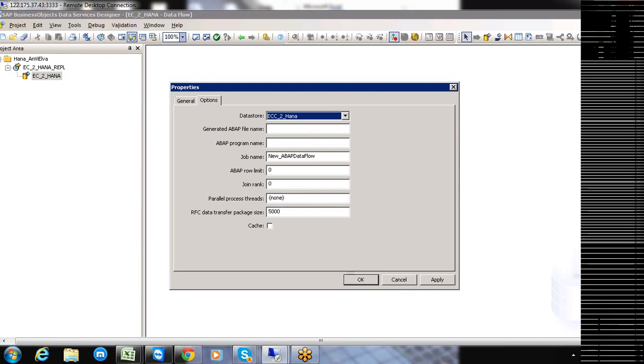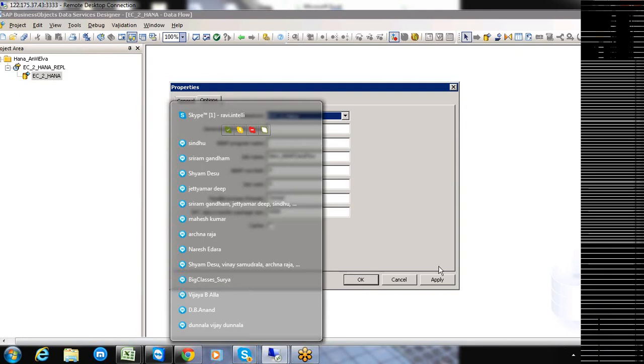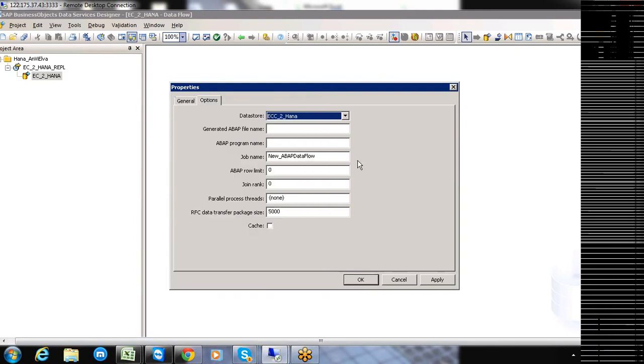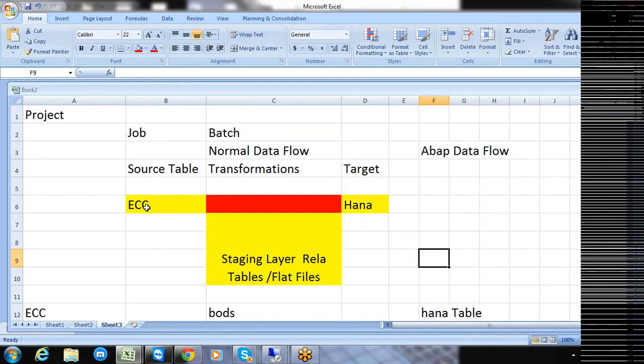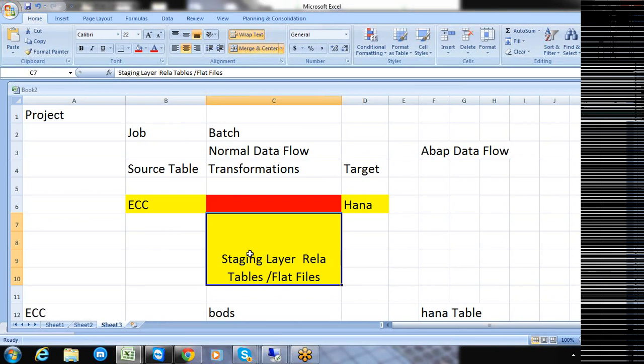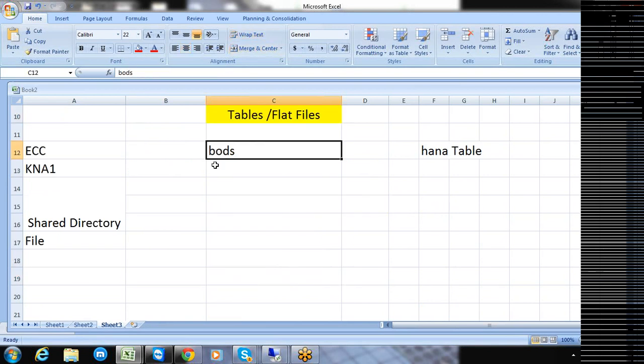And I told you, right? Let me tell you once again, for the purpose of extracting the data from ECC into that particular flat file, what exactly is going to happen is 2 things are going to happen here. The first thing is BODS will create